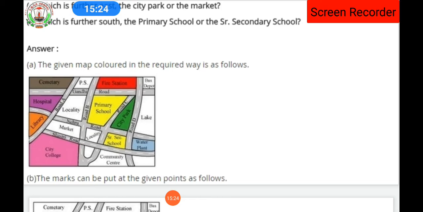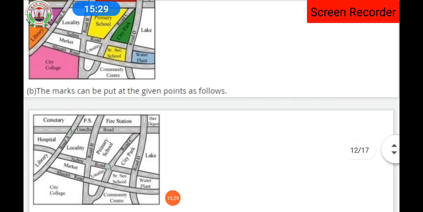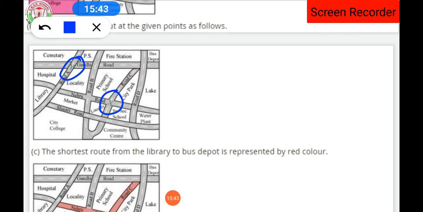Next, in the B part of the question, as it is said that you have to mark the green intersection point road C. So here you can see that B mark as answer is being given, so it is marked, okay. जैसे यहाँ पर X mark है, यहाँ Y mark है, isn't it? It is asked that in the question number B, mark a green X at the intersection of road C. ये road C है आपका, okay. Road C is given, in that road C लिखा हुआ है वहाँ पर, ठीक है. देखिए road C लिखा हुआ है, उसमें ग्रीन कलर से X लिखना है, तो हमने लिख दिया.